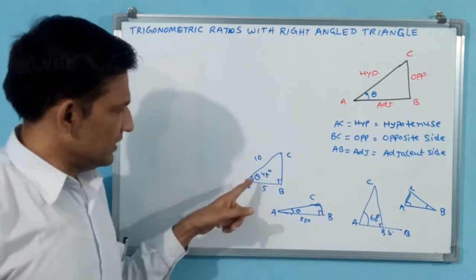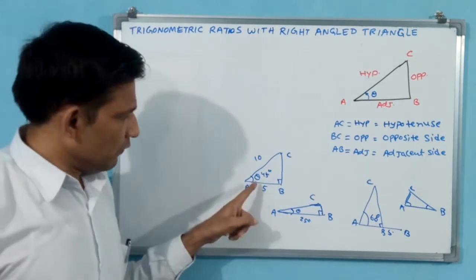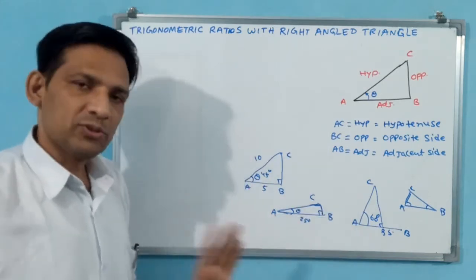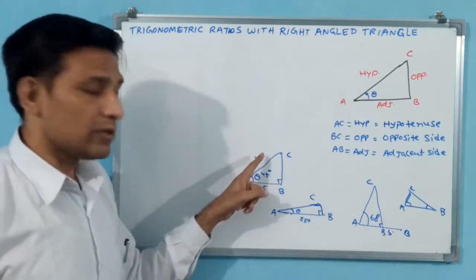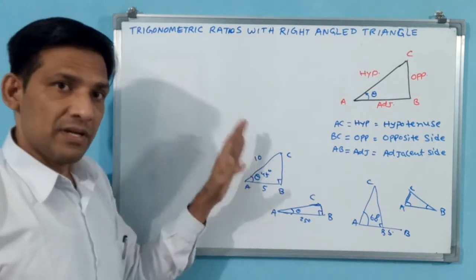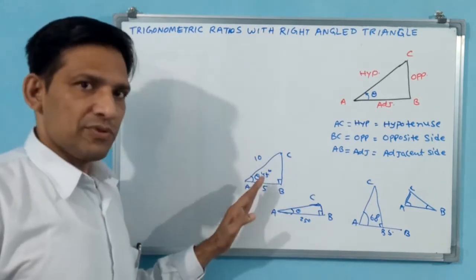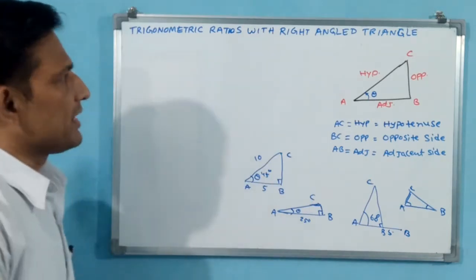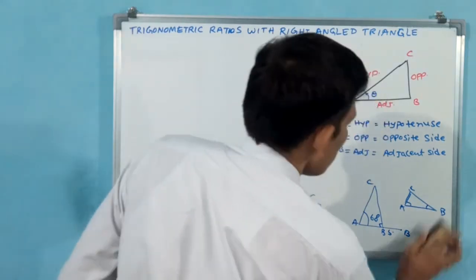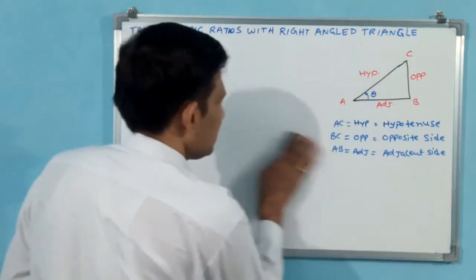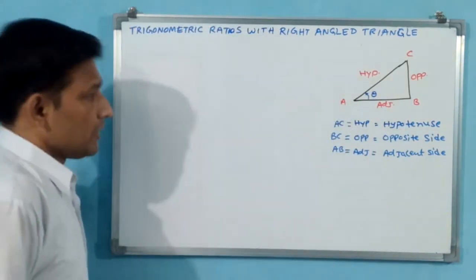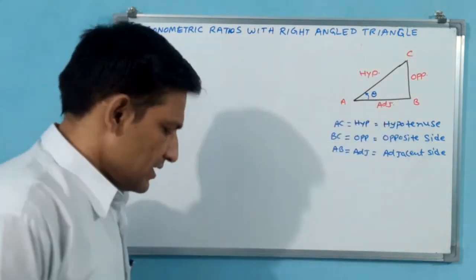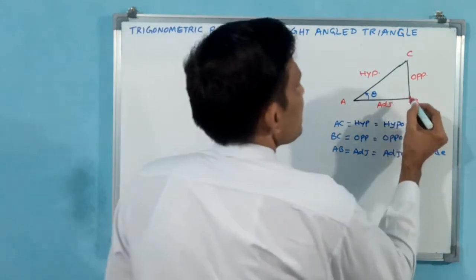You understand? See, if you change theta, then the heights and bases are also going to change. Accordingly, this also may change. If you want to keep this same, you can keep it the same, but accordingly these two have to change. That you have to keep in your mind. Let us go for the ratios now, then we go for the circle diagram afterwards. Okay, we studied that this is a right angle triangle. Right angle triangle means here 90 degrees will be there.